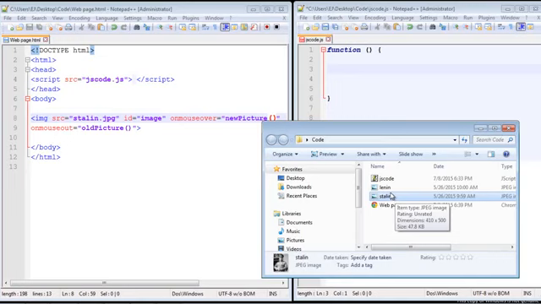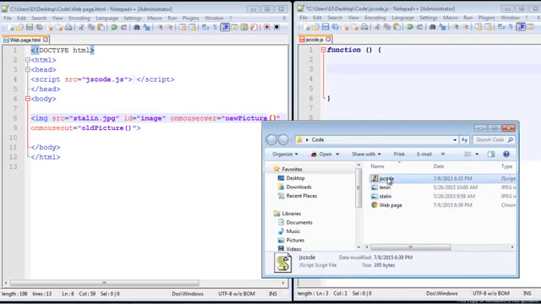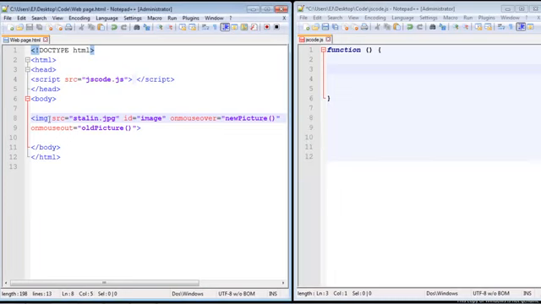You just need two images, and they need to be in the same folder as our JavaScript file and our web page. So here's our img element, and of course this is the source attribute, which points to the Stalin image, and this will be the first image that gets loaded on our web page. And we're going to create an ID of image because we want to use our getElementById to get this. And then we're going to use the same two events we did from the last video, the onMouseover